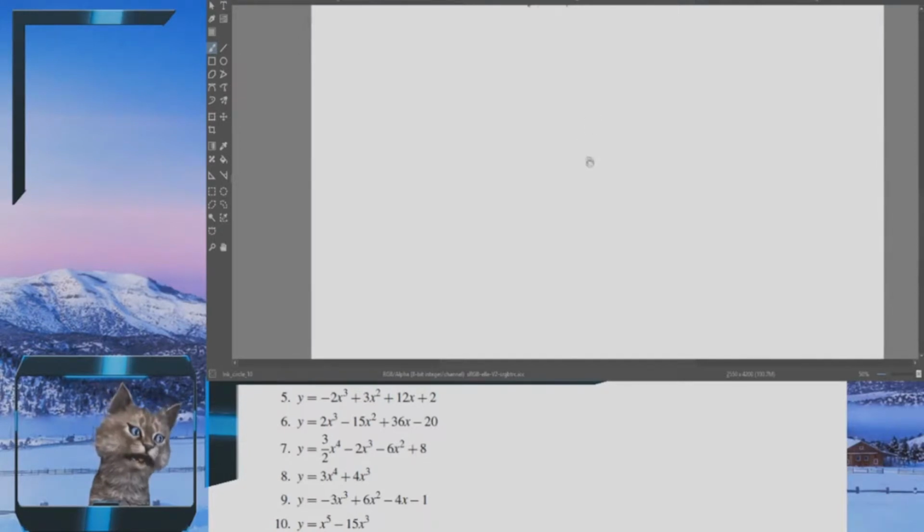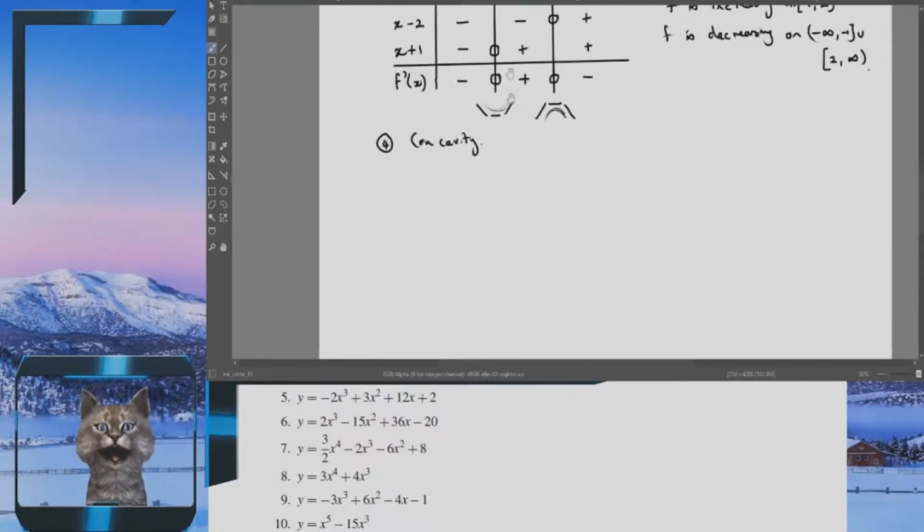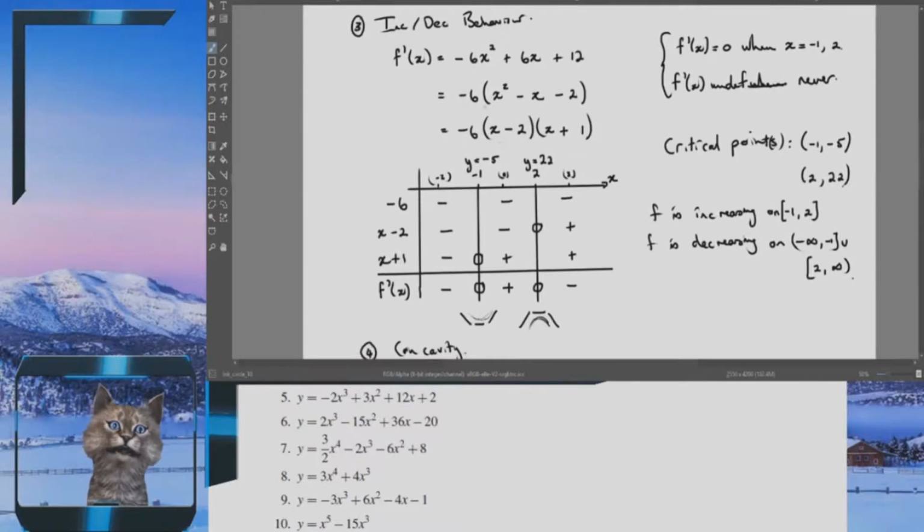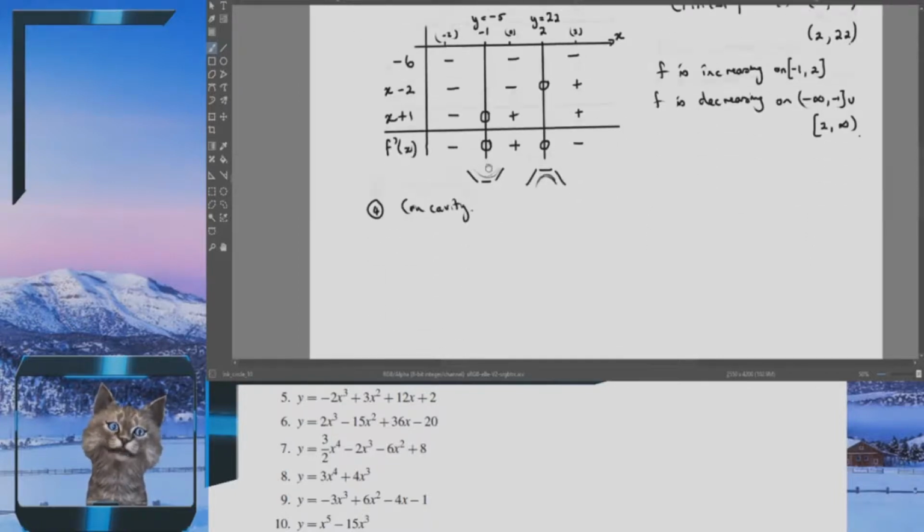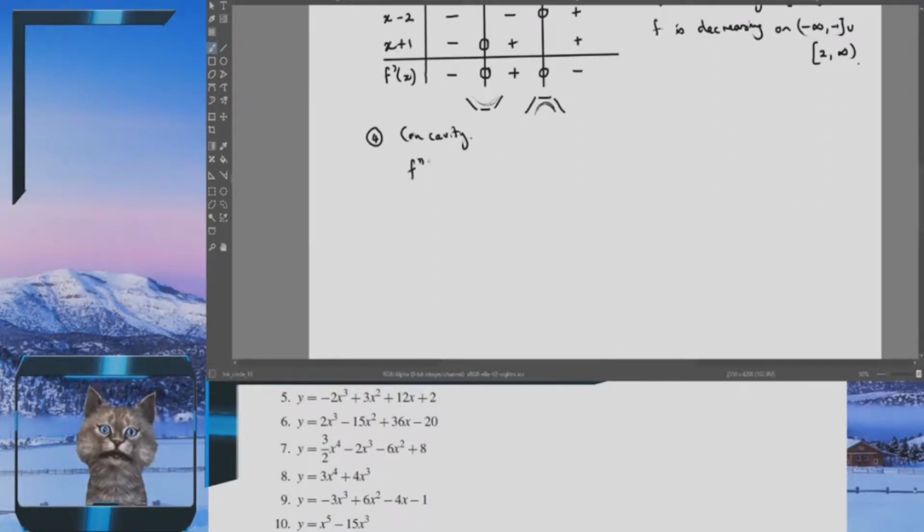See if I have enough space here. I do. For step 4, concavity, where we are going to look at the second derivative, which means we take whatever form of the first derivative you want. And I'll pick this first one to easily take the derivative. So I'm going to have for my second derivative,